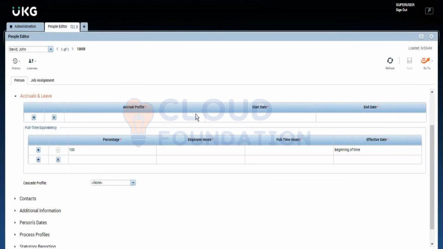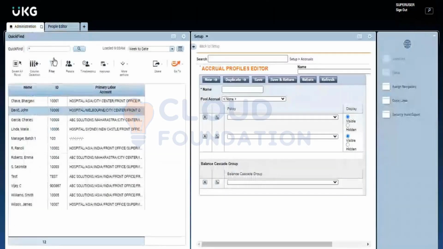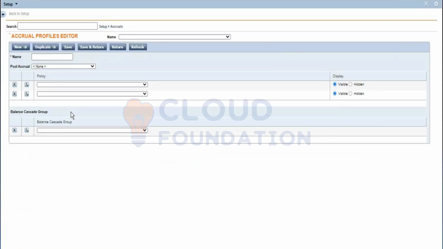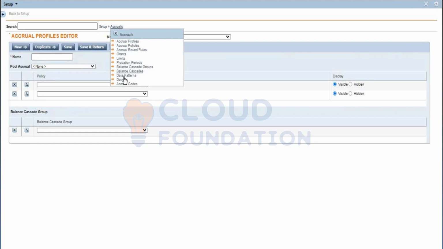So once you create an accrual profile, you'll be adding it here in person under accrual profile. You'll select whatever you want and you'll add it and apply it to an employee, and you will test it. So this is your accrual profile, but I'll finish full-time equivalent. So if you go to your date patterns,